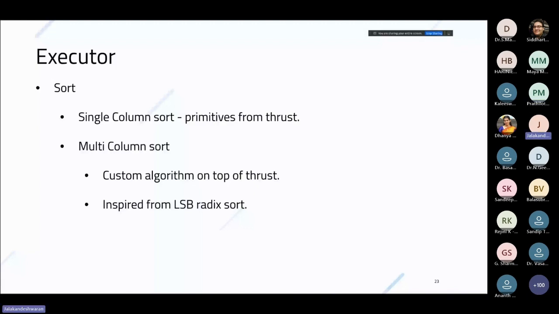Now, for single column sorts, we use Thrust. Thrust is a library which provides a collection of GPU optimized algorithms. It is being developed and maintained by NVIDIA. So it contains multiple sorting algorithms, quite frankly. You have a comparison sort, which either uses a bitonic sort or a quick sort underneath. You also have sorting that performs the operation using radix sort if the data types that we use allow it. So